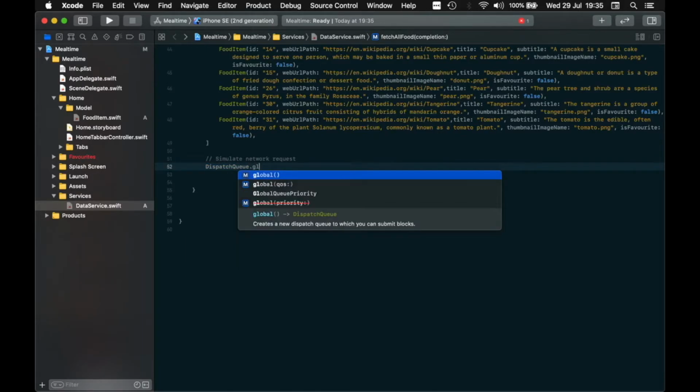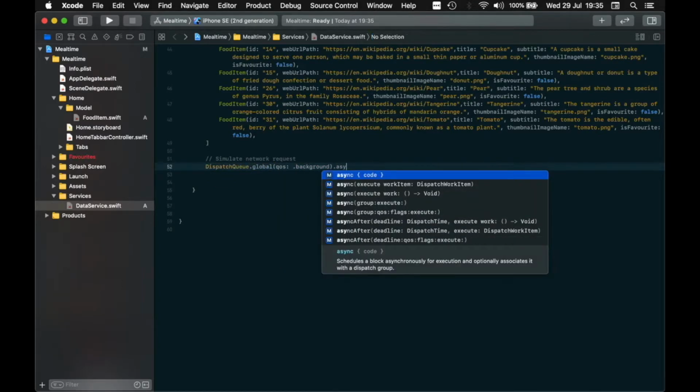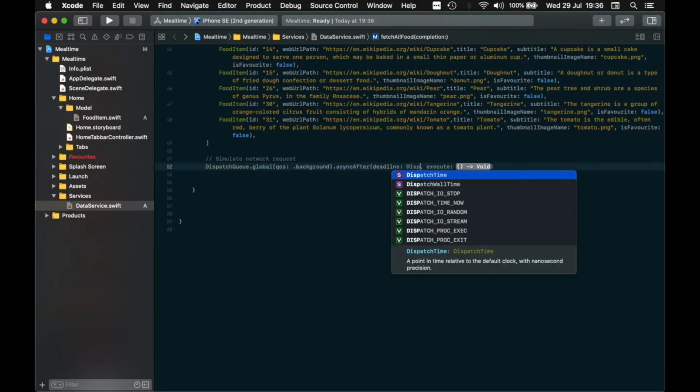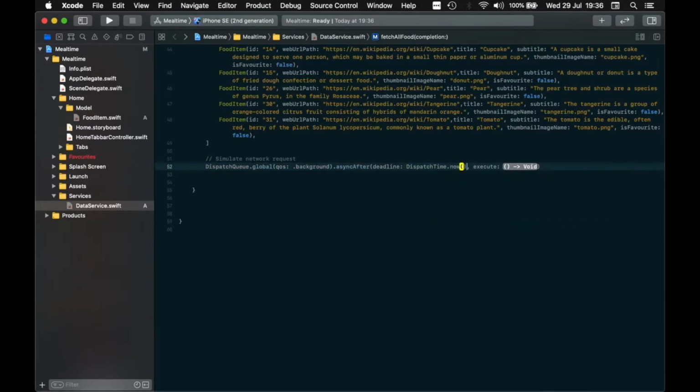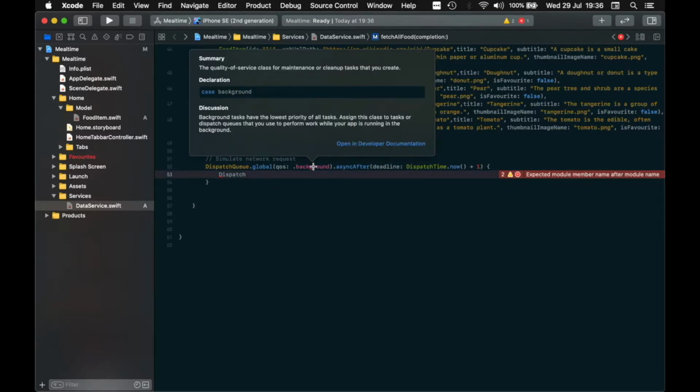It'll be global, and we're going to be dispatching it here, this one. It'll be dispatched right about now, but we're going to add a 1 second delay, and what we want to dispatch is this. So this is a quality of service, so how important the work being done is,